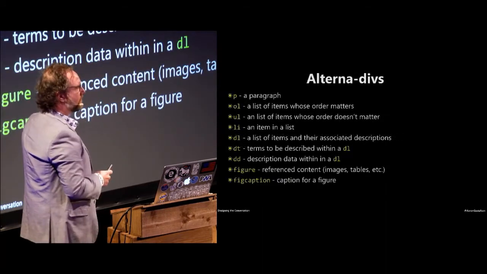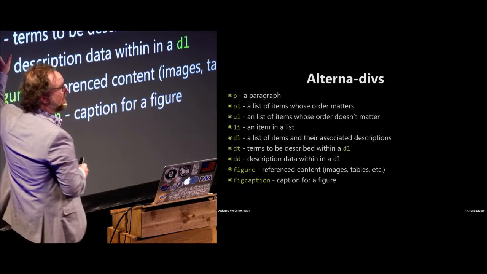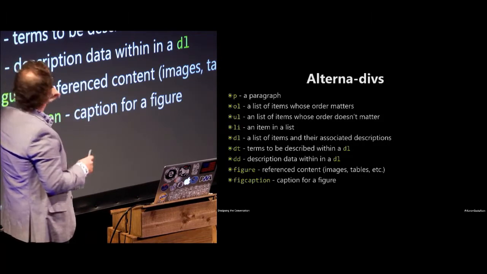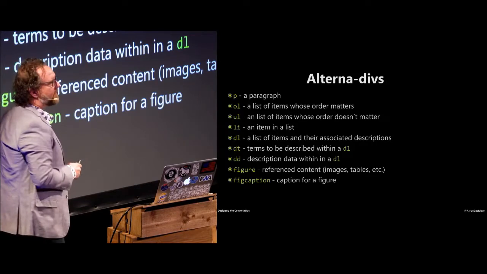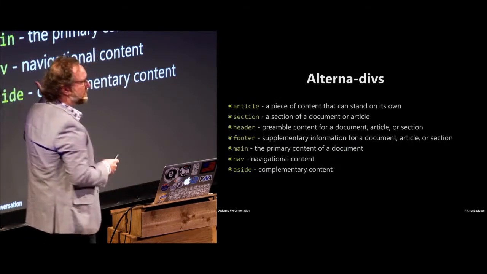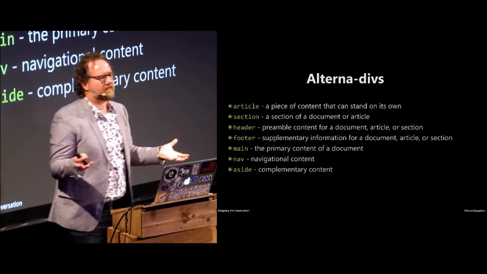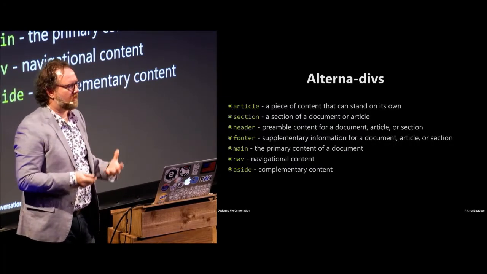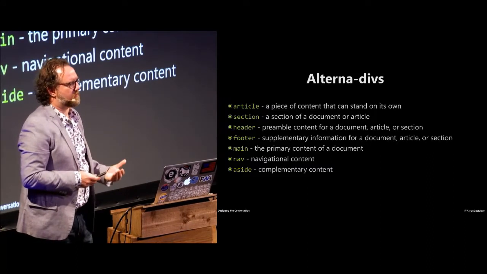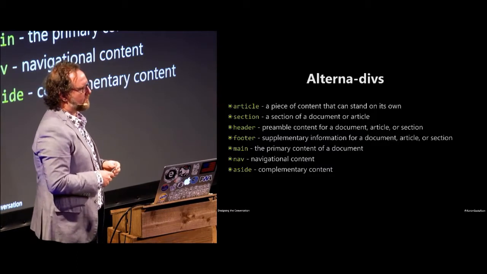There are all sorts of ways to organize our content. There's paragraphs, there's lists, there's description lists now. There's figures, figcaptions, there's articles, sections, headers, footers, main, all of these semantic elements, a ton of meaningful stuff out there that we can use to do more for our users, for our customers, and to make them more powerful for our voice assistants and such as well.